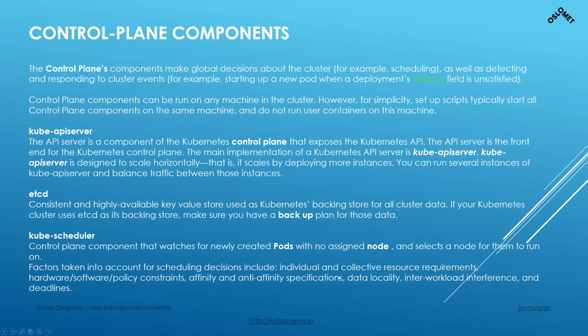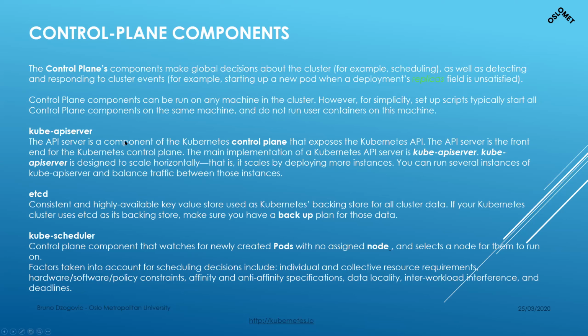There are control plane components. First of all, we're going to talk about this. The control plane components are the main things that define the cluster in terms of what's happening in the background, the machinery that's driving the whole thing. These detect and respond to cluster events like starting new pods, replicas, how many containers are running, all these things that you don't really see all the time. The users are not aware of these. That's why they are called control plane, not user plane.